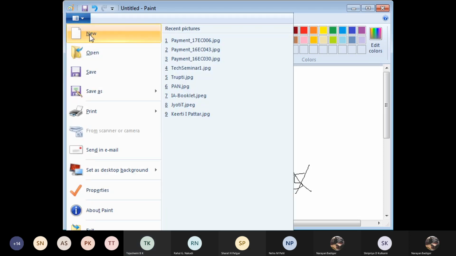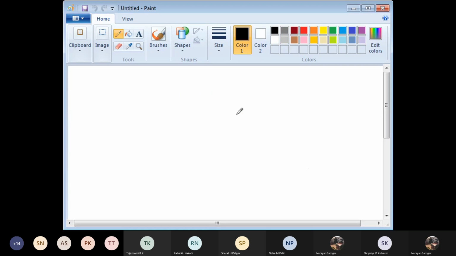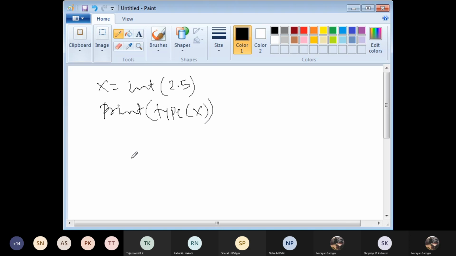Now I will give you one more example. x equal to int of 2.5, print type of x. Class int.